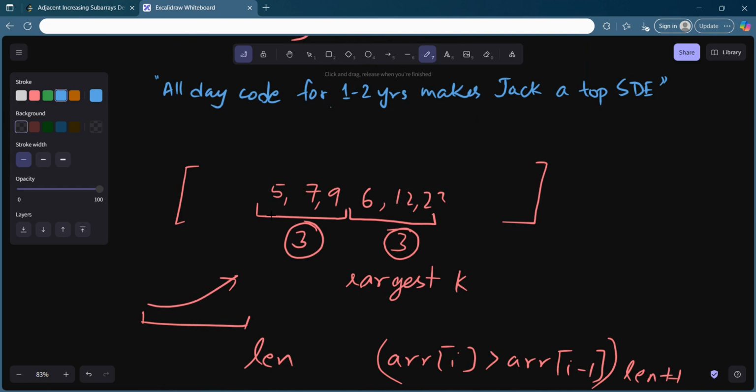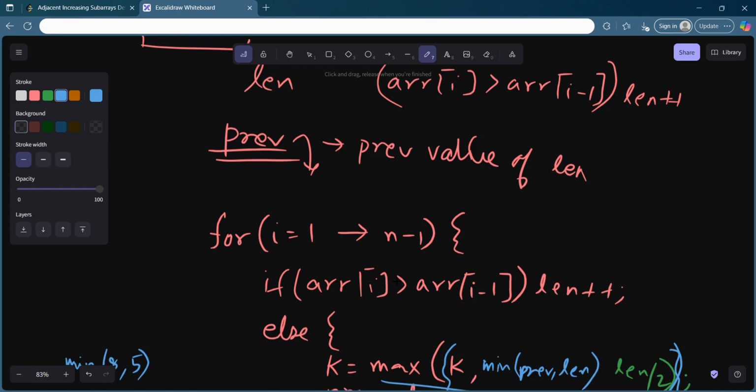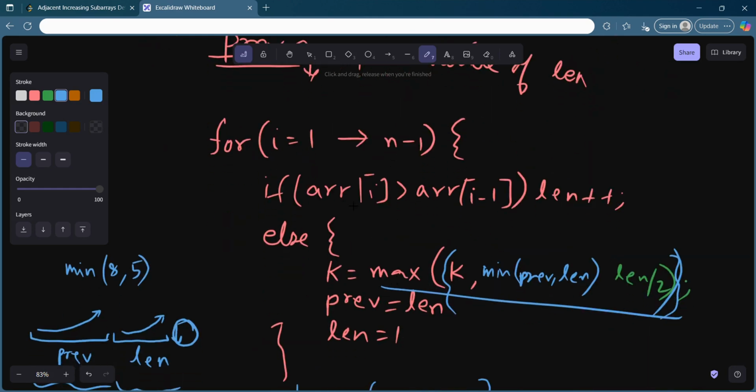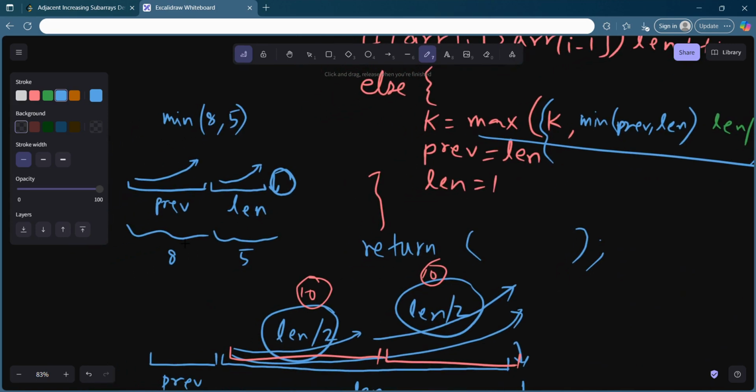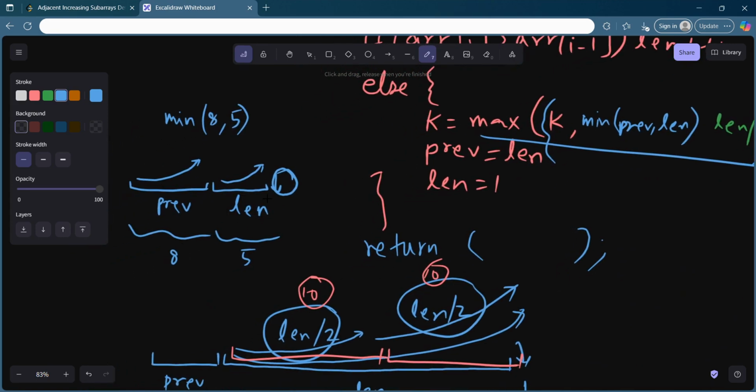You see that there can be two strictly increasing portions of the array where there is a breakpoint. Okay, you see 9 and 6 are actually decreasing, but these two arrays are adjacent which are increasing. So I try to do something like this. I try to keep increasing my length as long as I get an increasing portion. Otherwise, I assume that I get a breakpoint, and I could have made the previous and len updation in this manner. Is that we take the minimum of previous and len so that they are both of adjacent value.